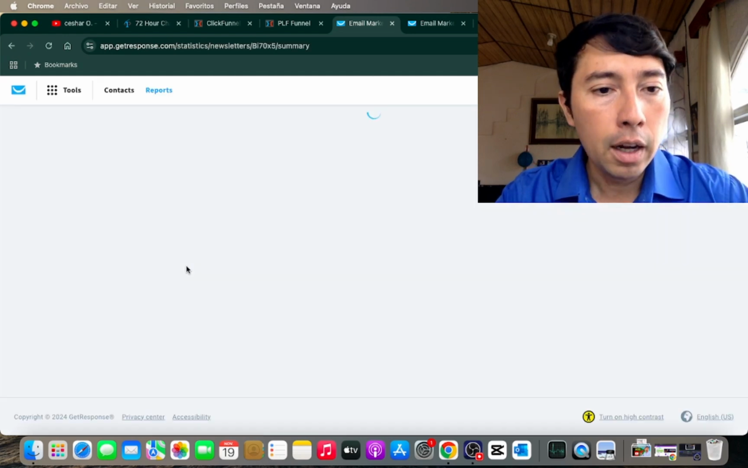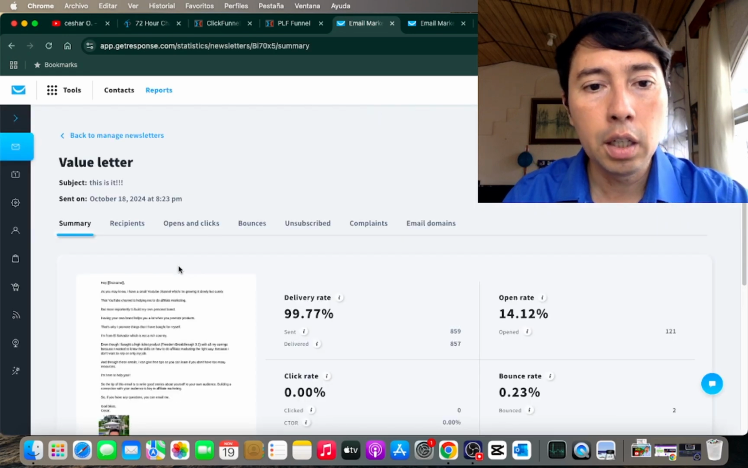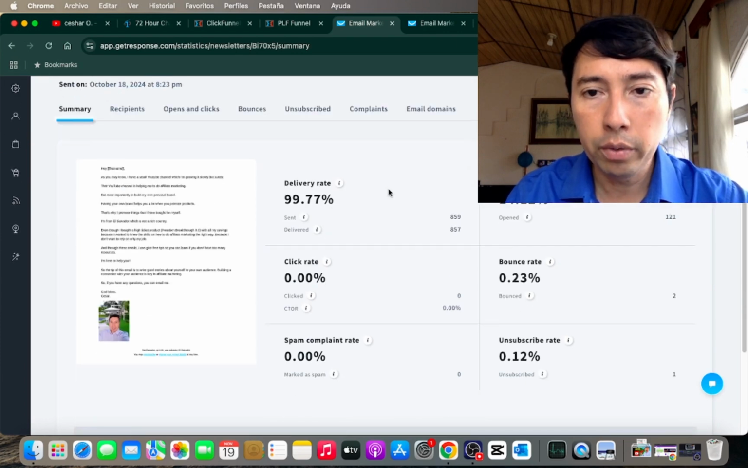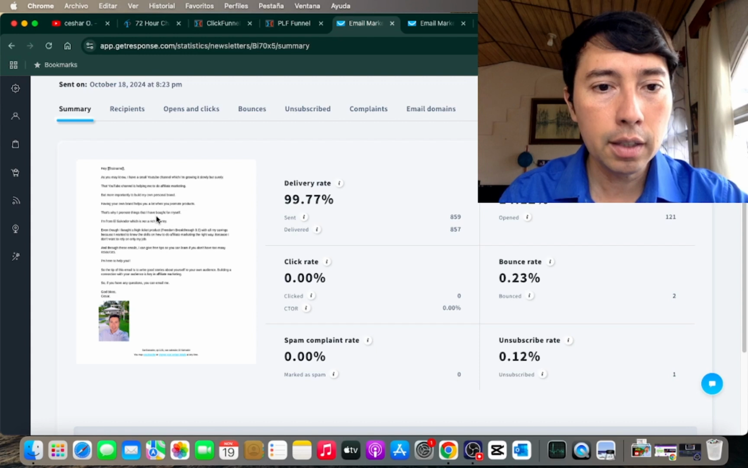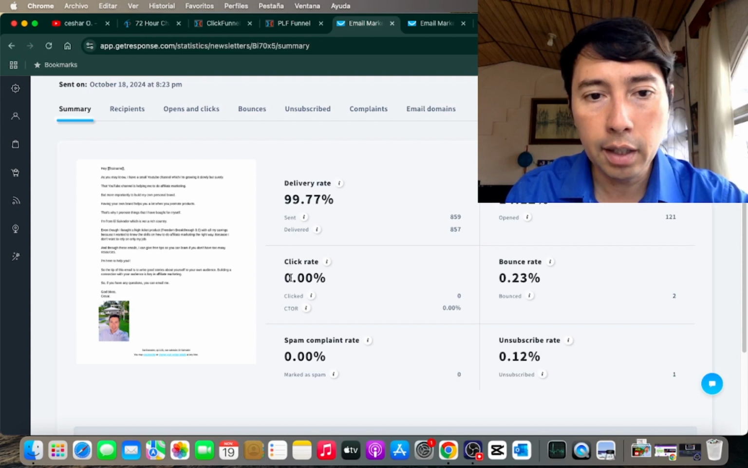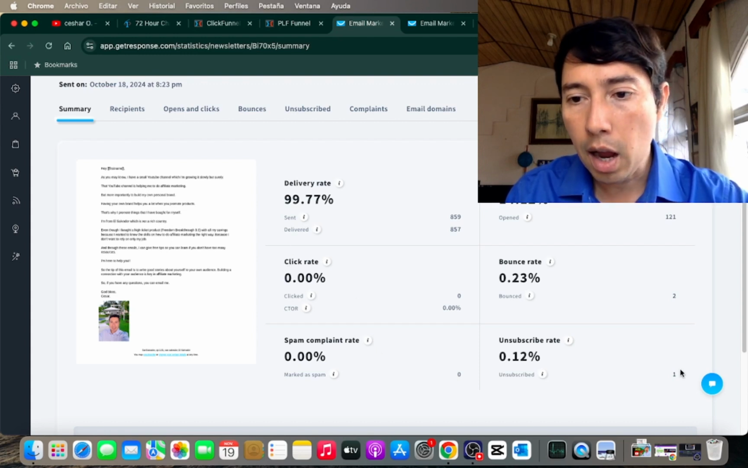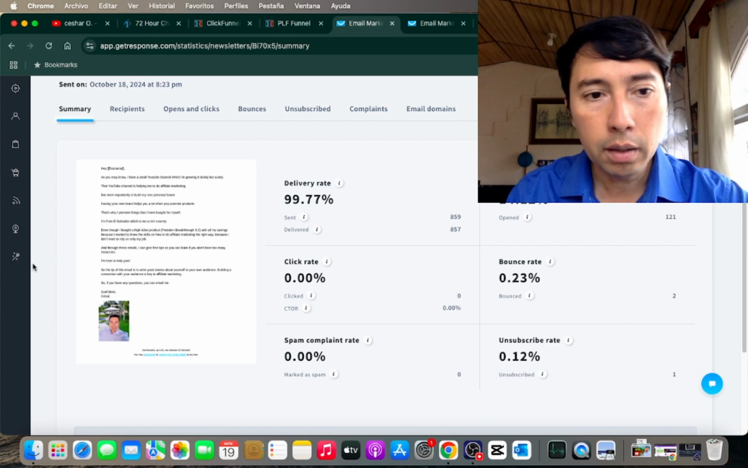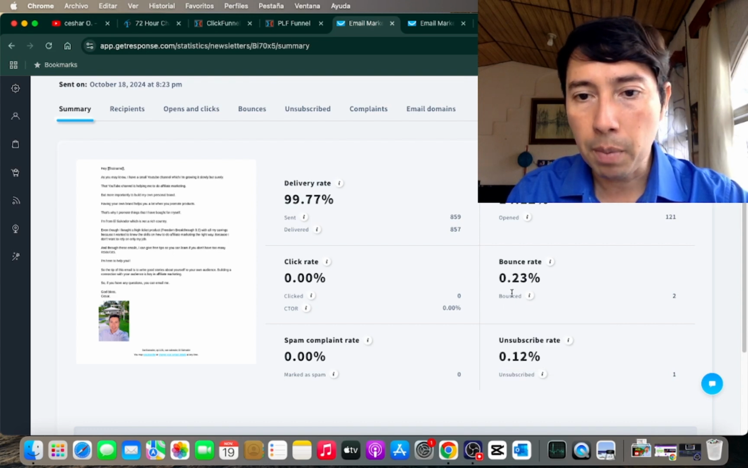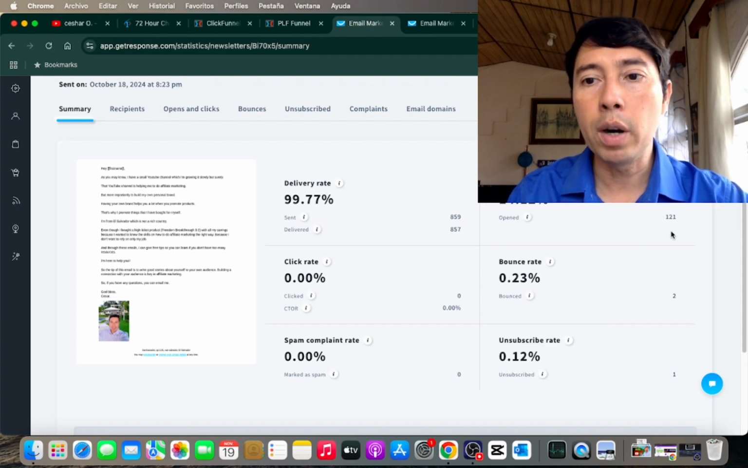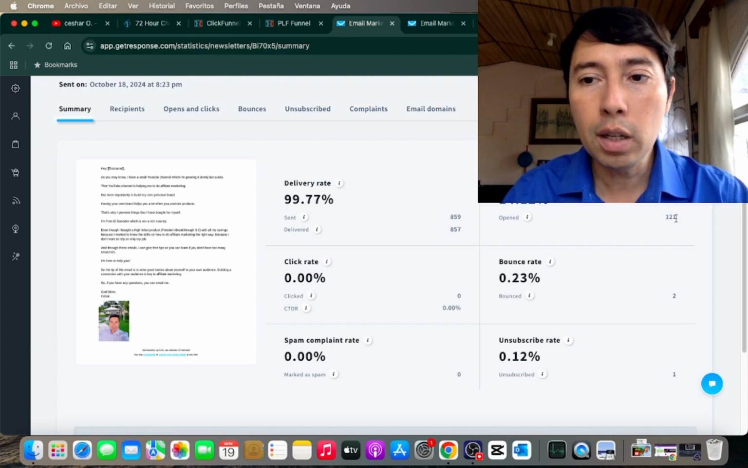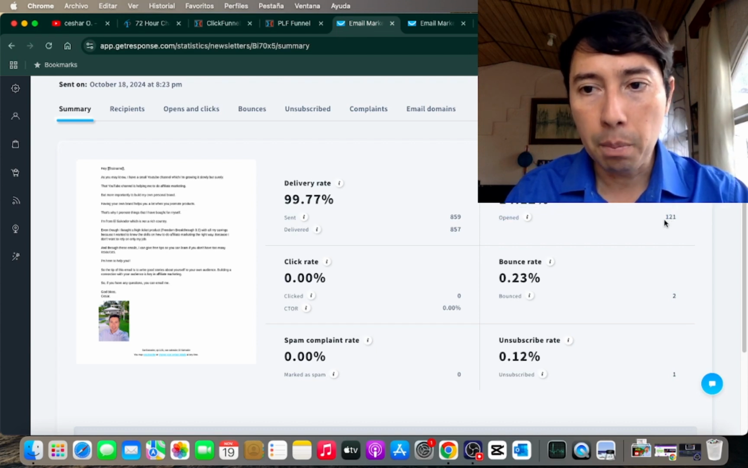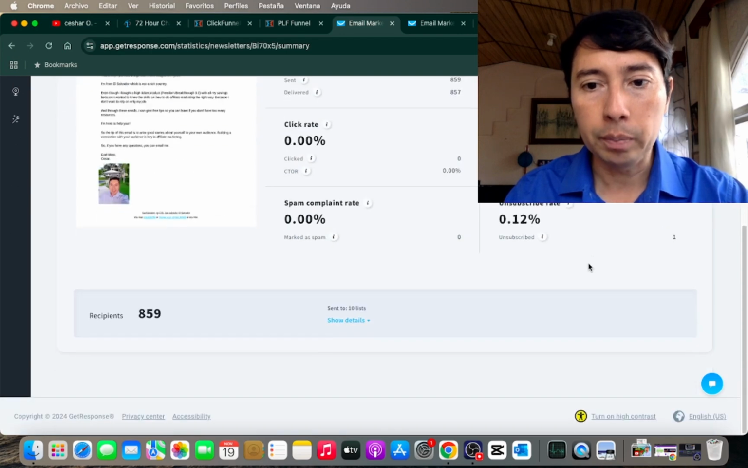So value letter, and you're going to see that here we have all this information: delivery rate. On this email I didn't put any affiliate links, so that is why the click rate is 0%. I have one person unsubscribe from this email, the bounce rate and the open rate. So we are talking here about 121